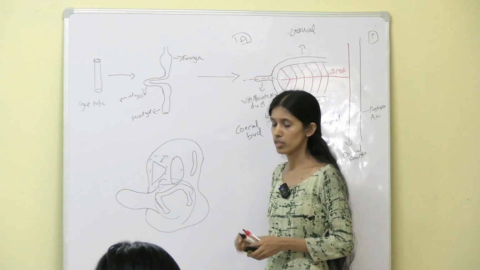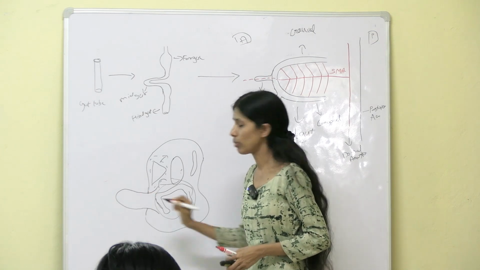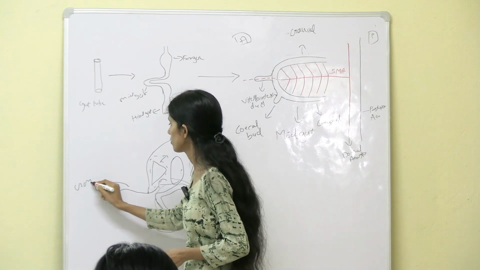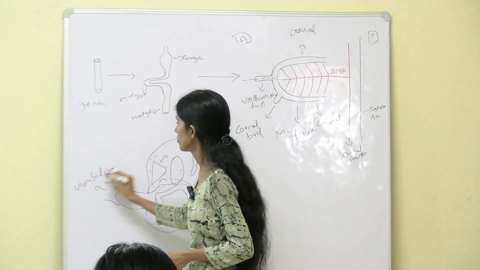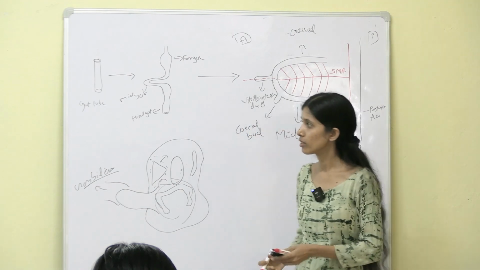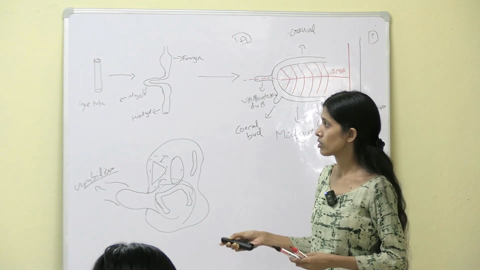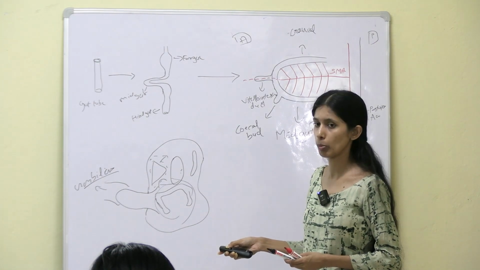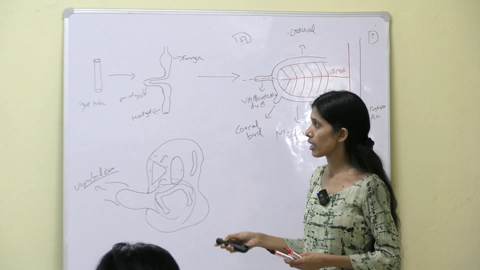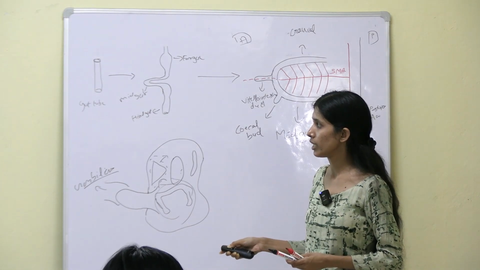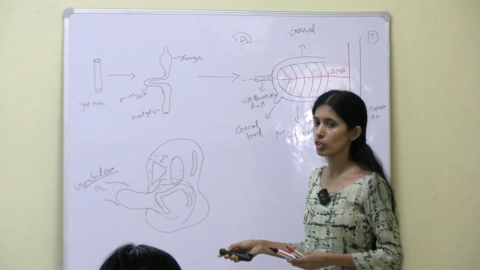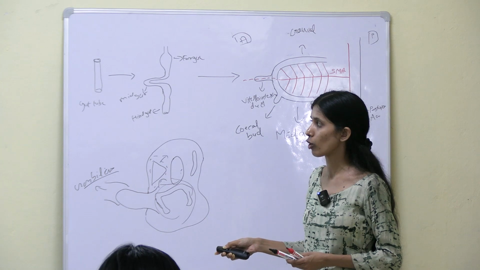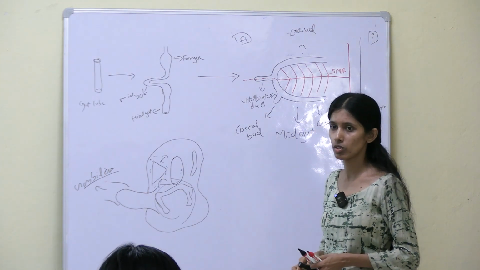No doubts? So, the expanded part is now reaching towards your umbilicus. Okay, here you can see, this is your umbilicus, this is your loop region, the midgut loop. It is not staying inside your abdominal cavity, it is going outside. In which form? Through the vitellointestinal duct, that is the remnant of your yolk sac. You understood, everyone?